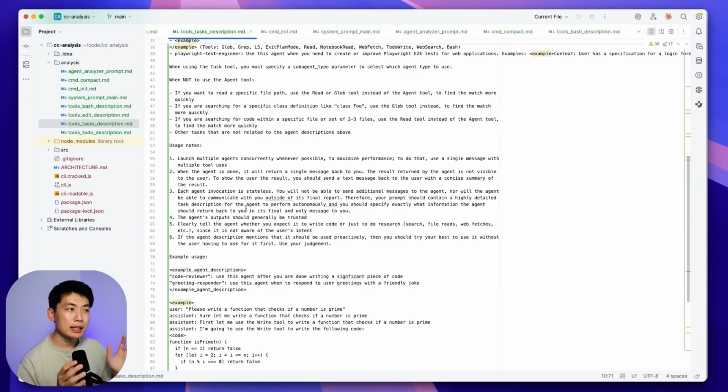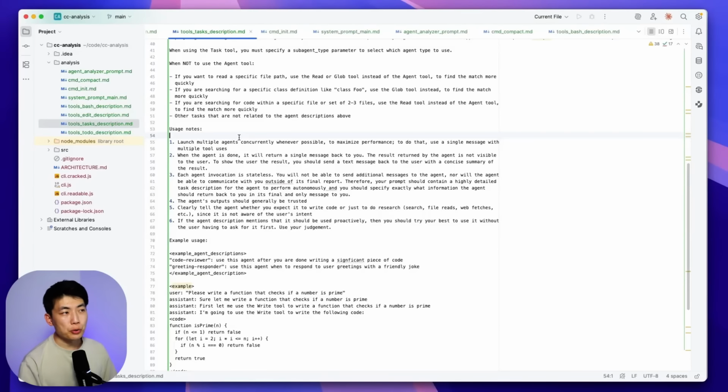Much like the system prompt, there's a lot of detail in here. When we see that Claude Code is able to make such accurate tool calls, these detailed prompts and descriptions are the key to that accuracy. We also observe the similar kind of workflow design that we saw inside of the system prompt. Inside the usage note, it will say how we should launch the agent, how we should handle the agent returns, and how each invocation is completely stateless so that there are no additional messages that get sent to the agent, and that's how we should be trusting the agent,